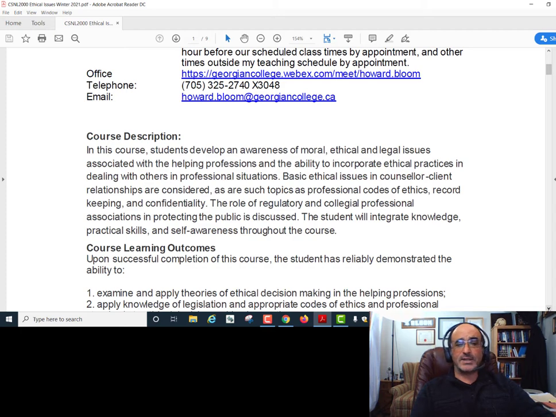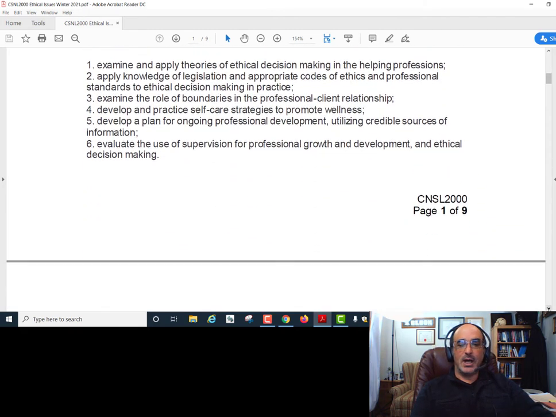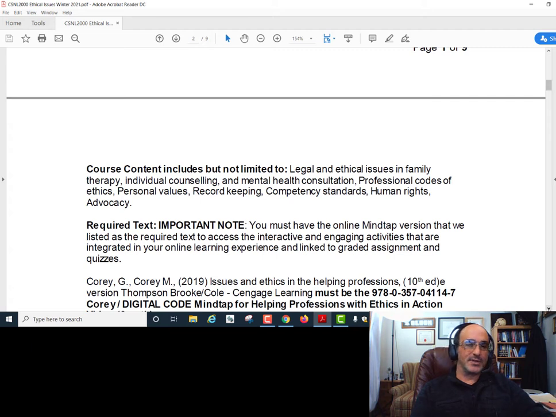You can see here in the course outline we have the course description, and we will review this in our first class when we get together. But before then, you can take some time and look through the course description and the learning outcomes for the course, and that will help you understand and frame the reference for the ethical issues class that we are going